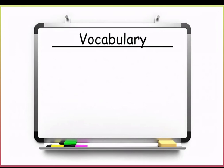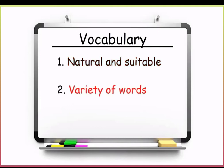Okay, so in this video we have looked at 3 key points to remember about using vocabulary in your writing response. Number 1, you should use words that are natural and suitable for a particular situation. Number 2, you should use a variety of words. And number 3, you should use words with a precise meaning. Throughout this video, we have used examples from real test takers in order to understand these 3 points. In each case,